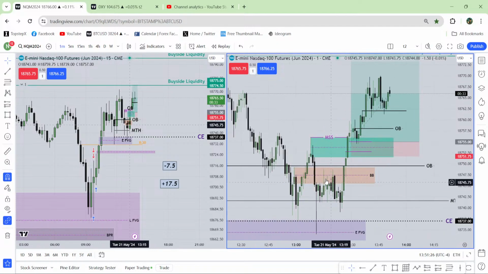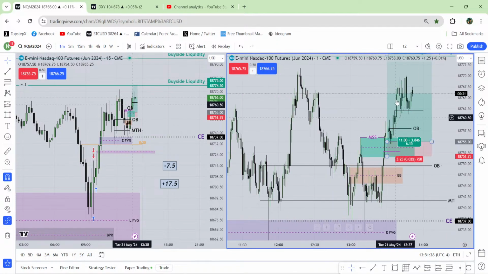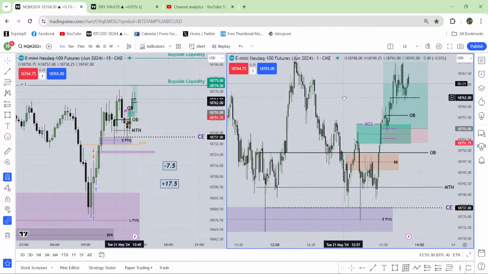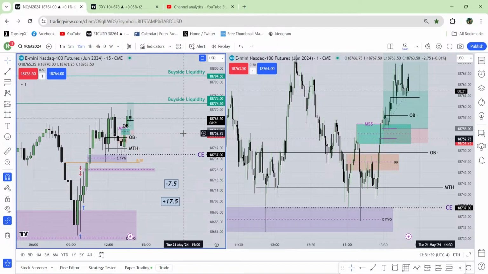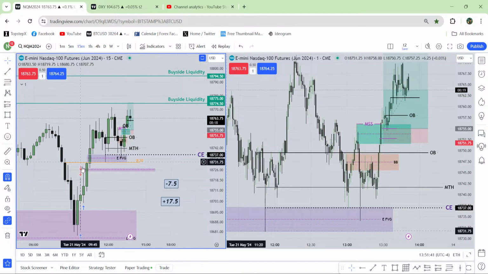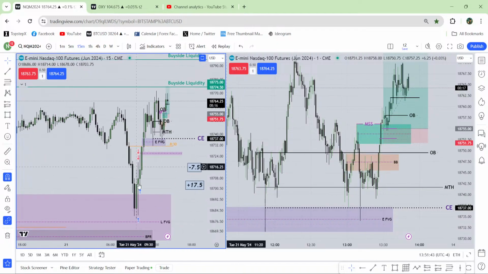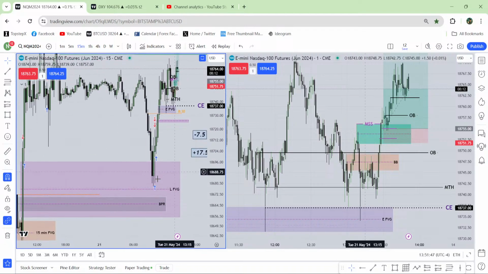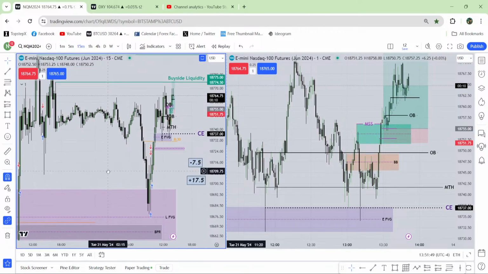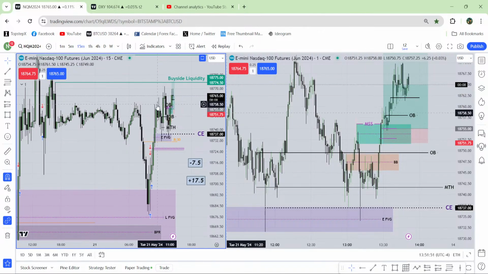That's all. So from the beginning, if you understand why I was bullish, I have already explained this from the beginning. If you missed that, please watch the first part of my stream. You'll understand everything about why I was bullish. Depending on everything, the market went lower, took all of this sell side liquidity, traded the last fair value gap from the 15-minute chart, went higher. Market structure shift.